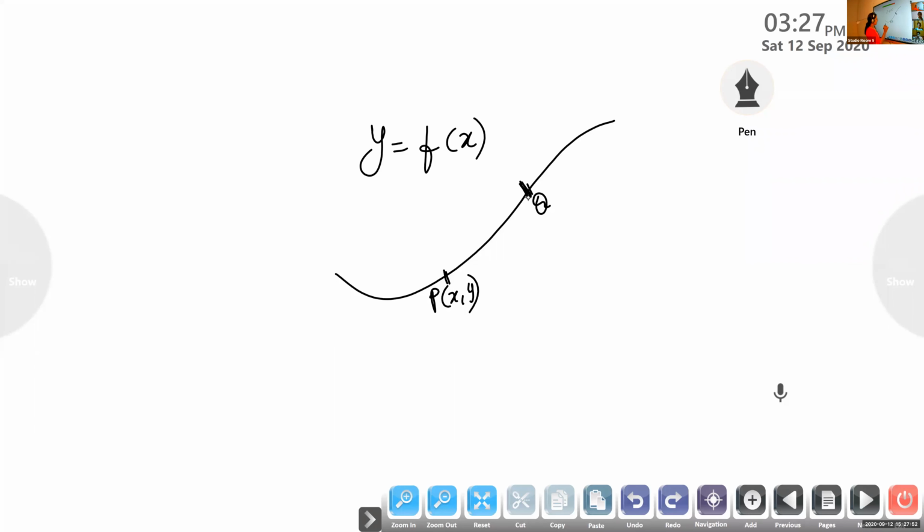That means if you draw the graph, there will be some corresponding changes. So this value is x, this distance is x, isn't it? And this is y. Again, if I plot this point, there is some change. One small difference is there. So the coordinates of Q will